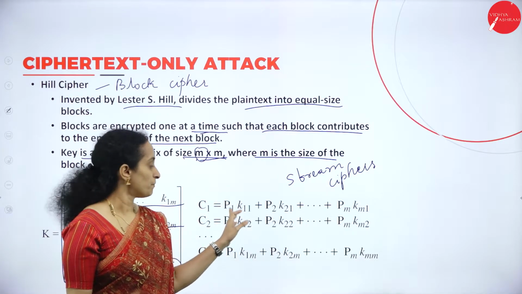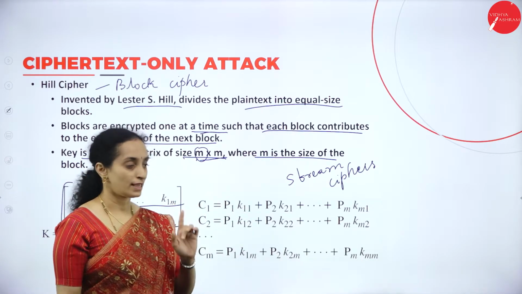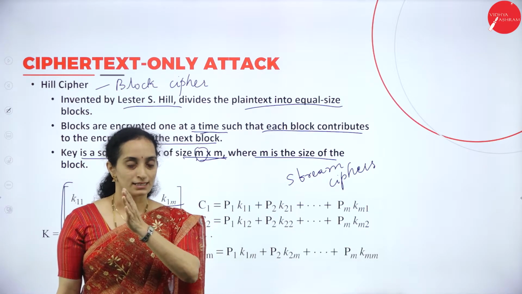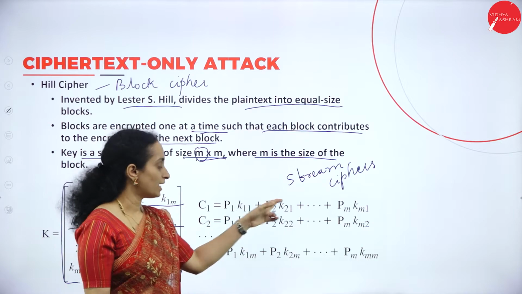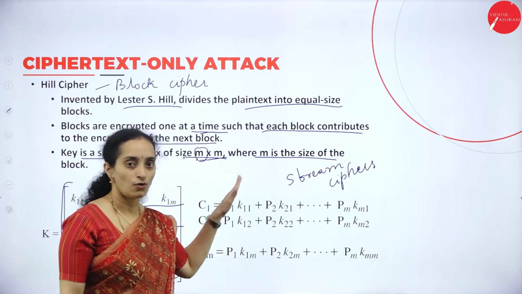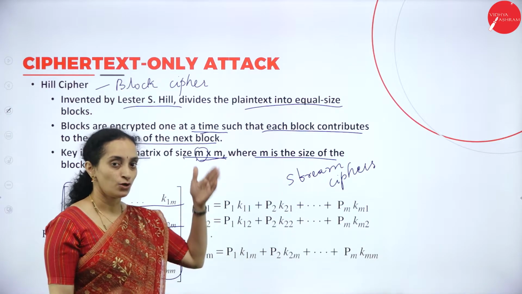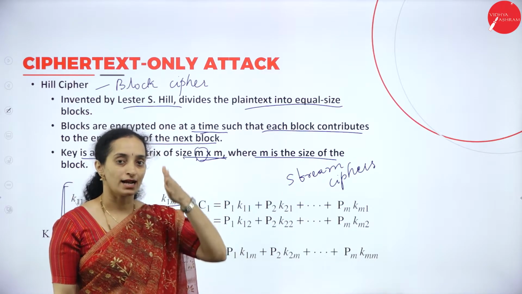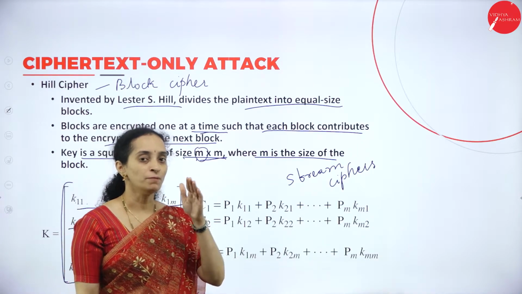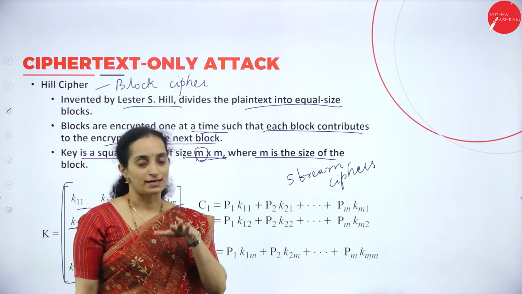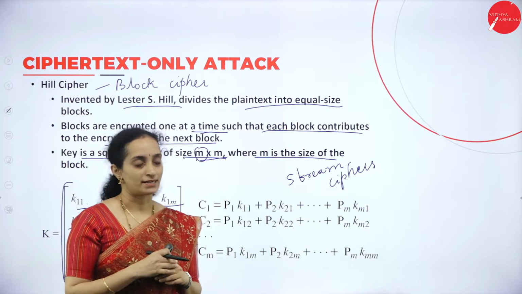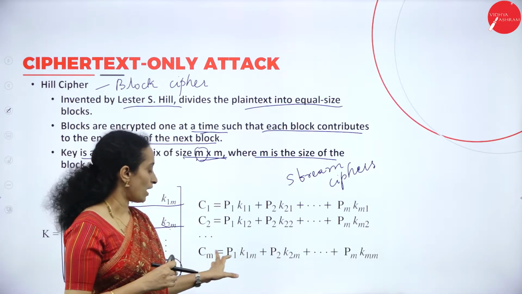C1 equals P1 into K11 plus P2, that is the second plain text, into K21, the whole row and the column. Row of the plain text matrix and column of the key matrix. Like this we have to do.